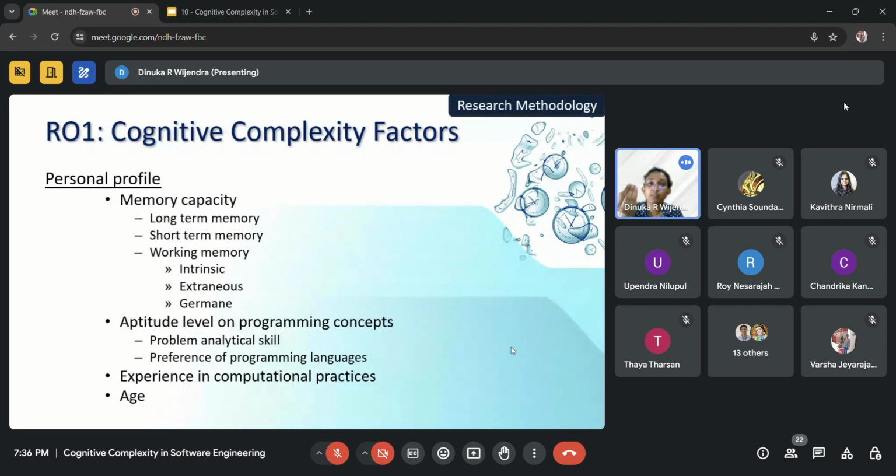If we think about the capacity of the memory, we can divide it into 3 sections: long-term, short-term, and working memory. In my research, I have just considered the working memory because of the scope of the research work. It does not mean that the long term and the short term are not affecting this. Actually, they are, but for a given time, for a given person, how he or she is understanding is working with that working memory, because at that particular time, how I'm going to collaborate with my memory and how I'm going to use it.